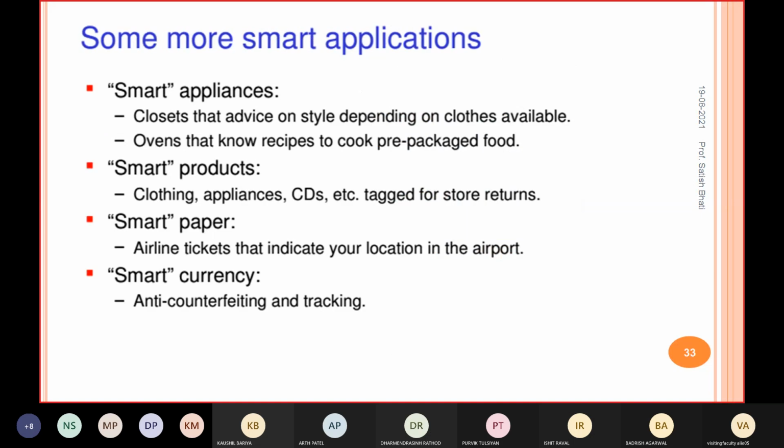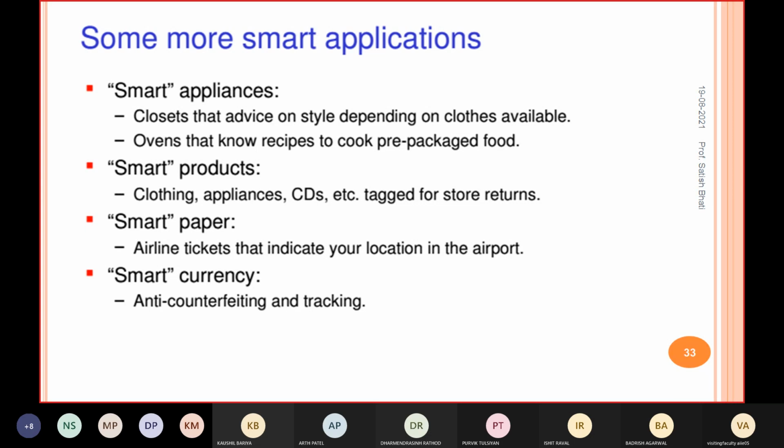Then some other applications are like clothes that advise on styling depending on your clothes, and an oven that knows the recipe to cook pre-packaged food, right? Then smart products like clothing, appliances, CDs will have the tag, right?